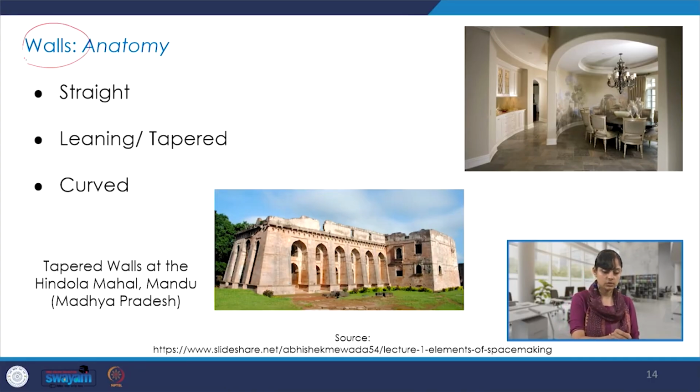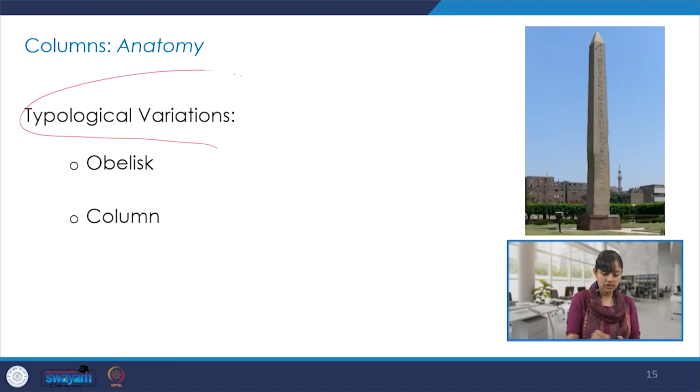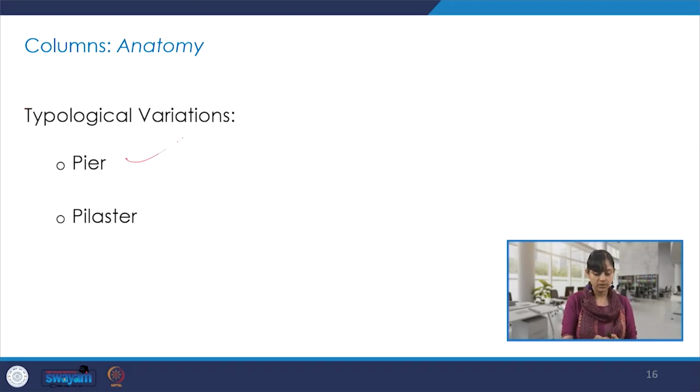So we saw walls and what are the anatomy of walls. So it could be straight, tapered, curved, etc. Then columns. So they also have typological variations, obelisk, a column itself, a pier, a pilaster. So all of these and what are these, why they are technically these different classifications, and what are the examples